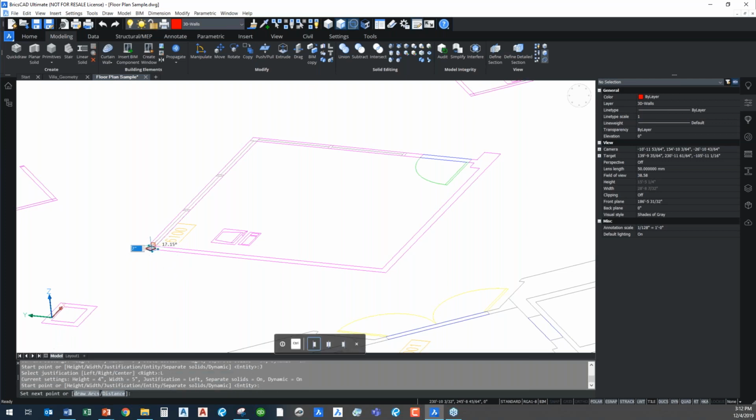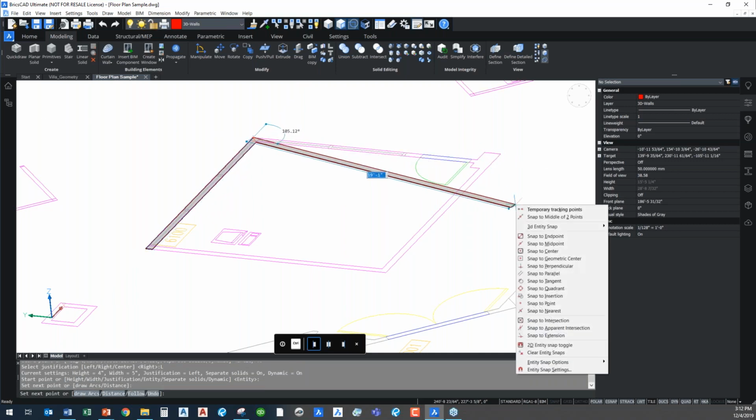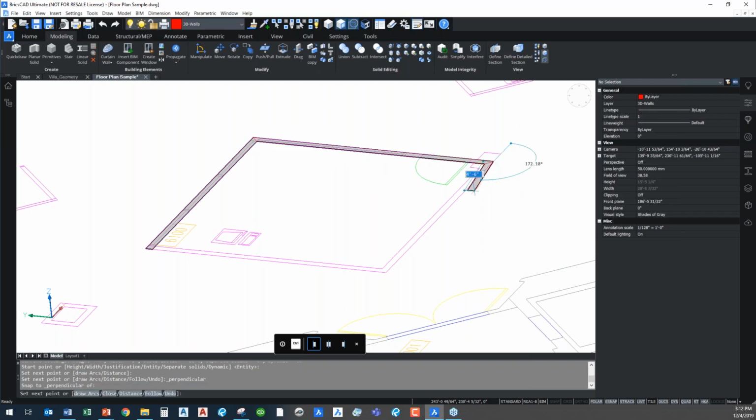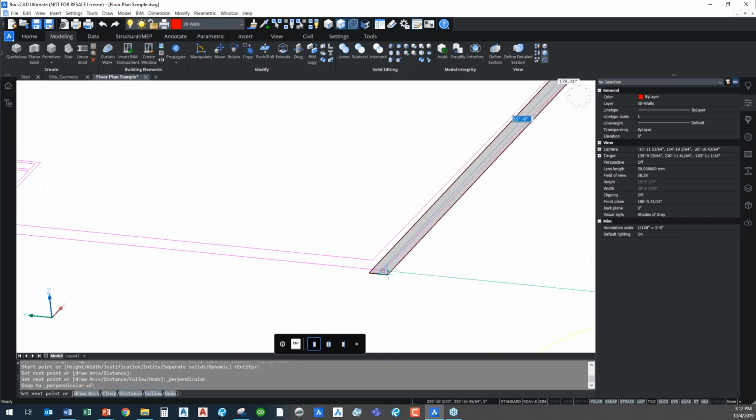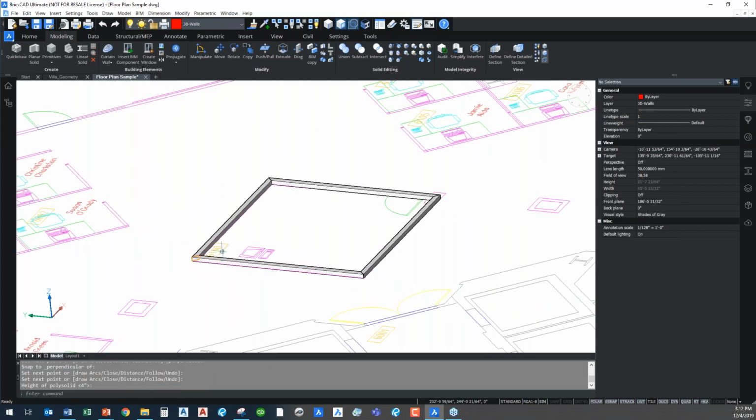Okay. Now you see I'm drawing along the left side of the wall. You see I can just go corner to corner, and then I can use my standard object snaps, or what we call E-snaps here inside of Bricscad. I can go perpendicular to this wall. Then you see I'm just snapping to the outer side of the wall, and you see that my wall width is set. And then when I'm done, I can just go right back to here. Oops, I hit enter one too many times, so I didn't get my wall height,